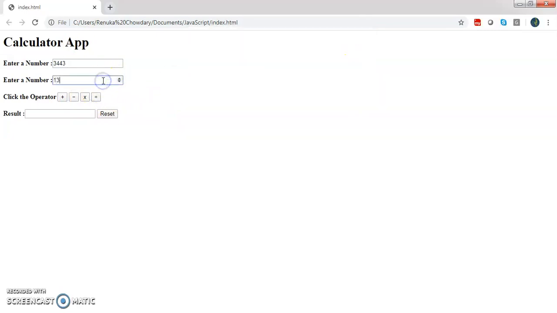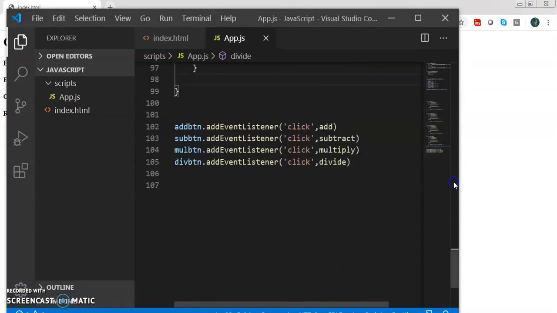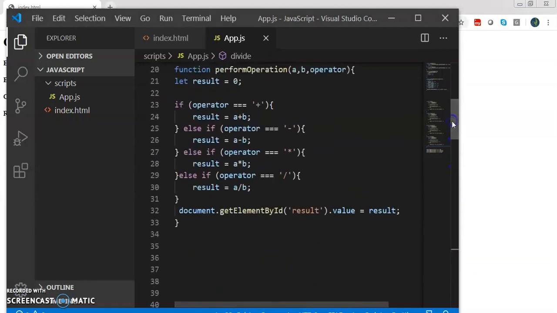So if I give a valid number, so everything is working fine. So this is how you make your functions more readable and easier to maintain.